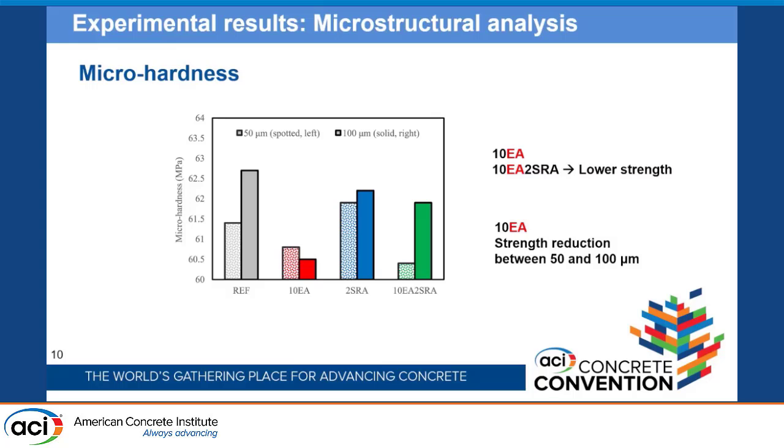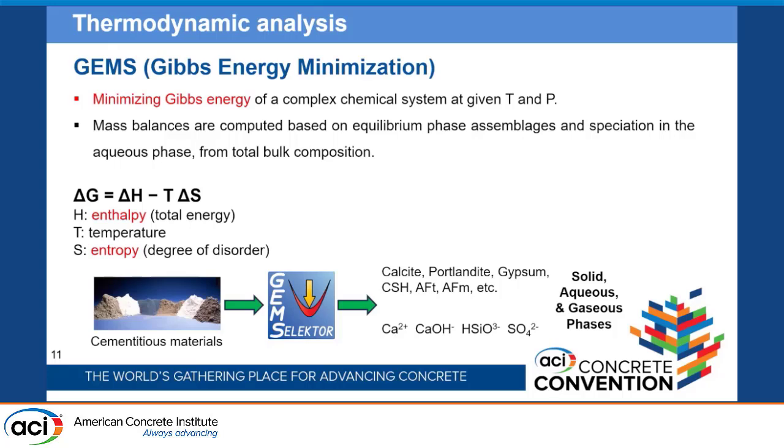And again, in the second region, except for the 10EA mixture, higher strengths were obtained for the other mixtures. In addition to the experimental study and microstructural analysis, thermodynamic analysis using GEMS, which is Gibbs